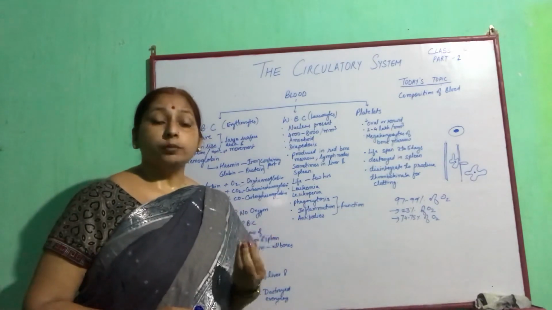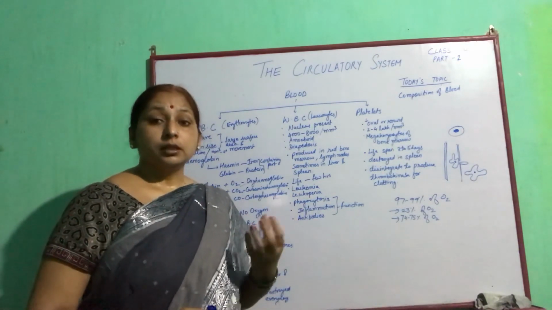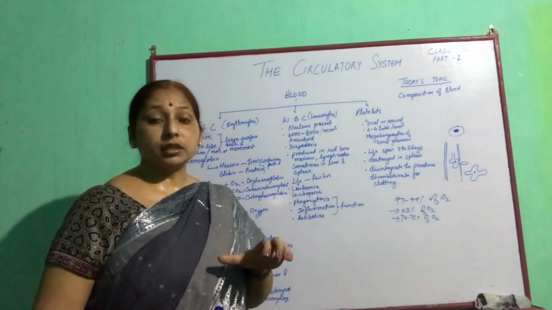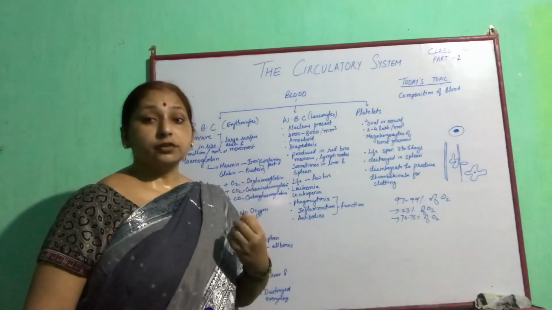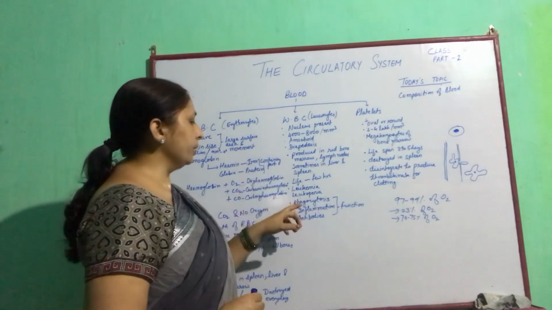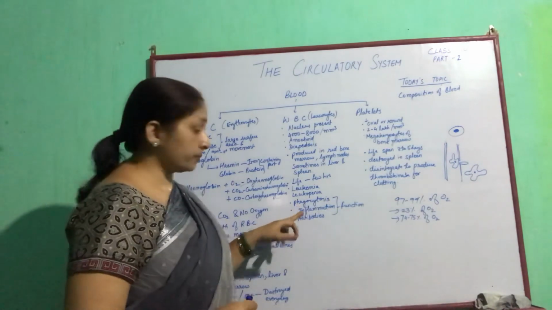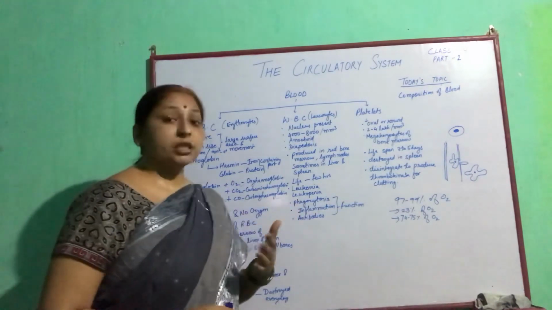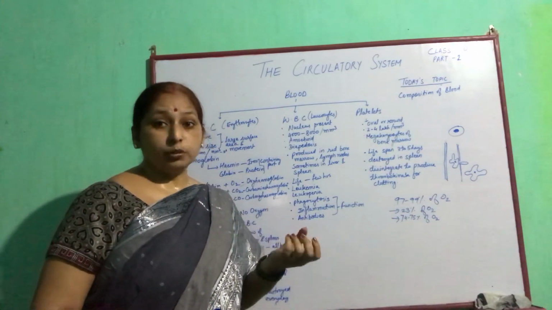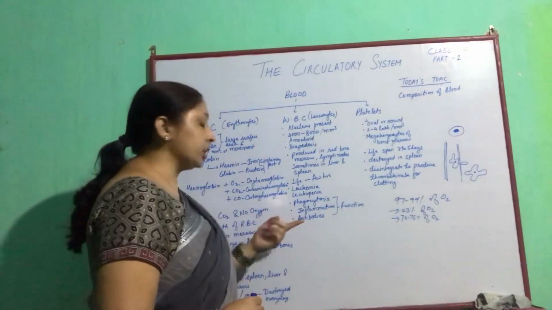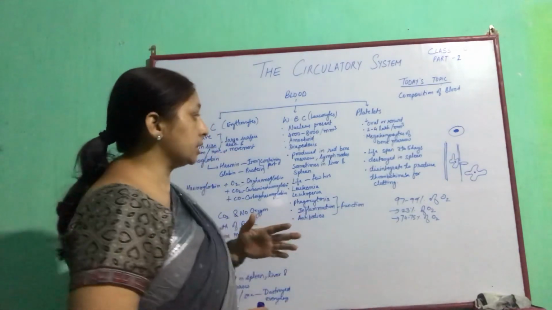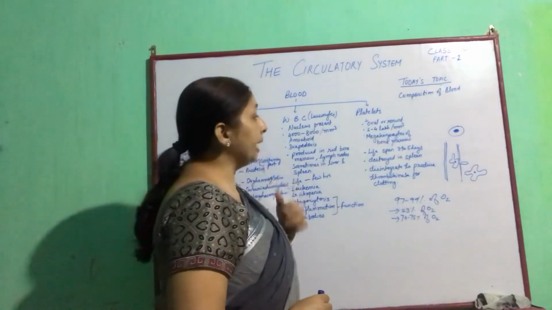Phagocytosis is the movement where it engulfs by its amoeboid structure. Because of its amoeboid structure, it engulfs the foreign particle, especially the bacteria, and that engulfing movement is termed as phagocytosis. Inflammation is the local response due to increase in WBC cells. Antibodies are produced by WBC to fight against diseases. Next, the last one is the platelets.